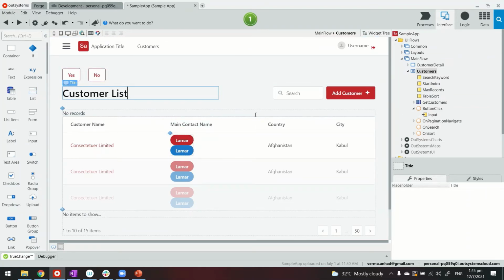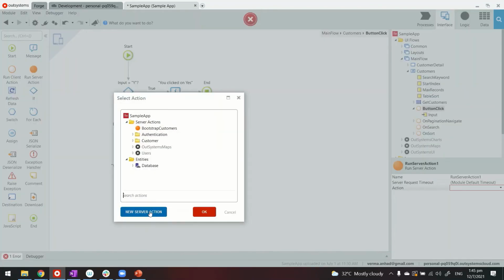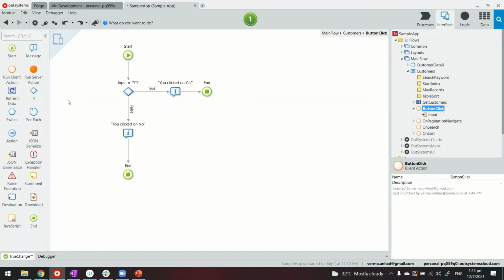Another example could be to execute server actions. So for server actions also there's if and else, which pretty much behaves the same way as the logic here. So this if is here. The only difference is things will get executed on the server side. Okay, so that's another thing.